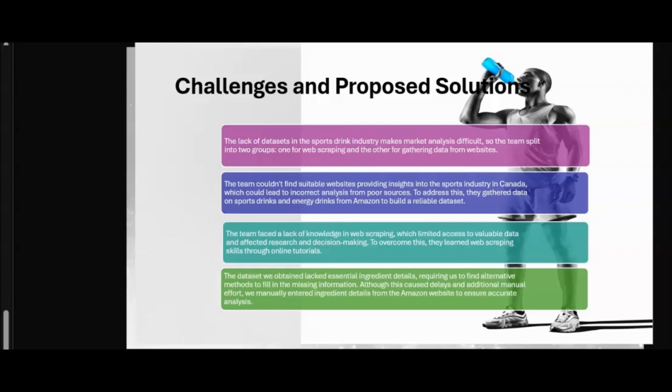The last problem was that the dataset we obtained lacked essential ingredient details. Some sport drinks do not mention their ingredients and specialties, so we got the knowledge from the Amazon website through online search.